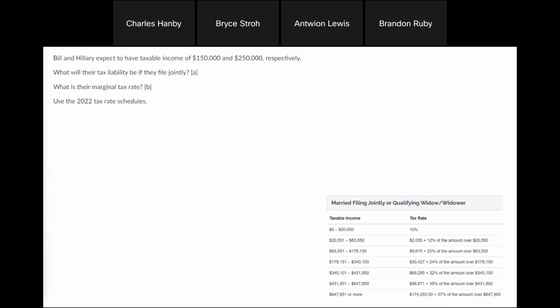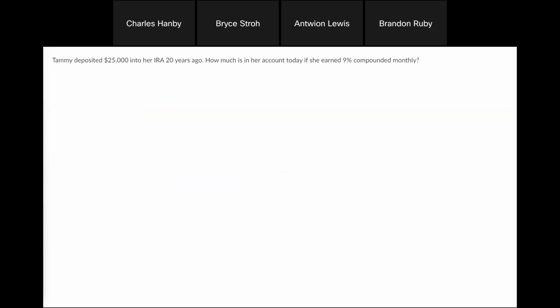I'm going to do the two tax liability calculations, and then there are two tax liability calculations. One married filing jointly, and the other one, the same problem, married filing separately. So we're going to do the last problem,